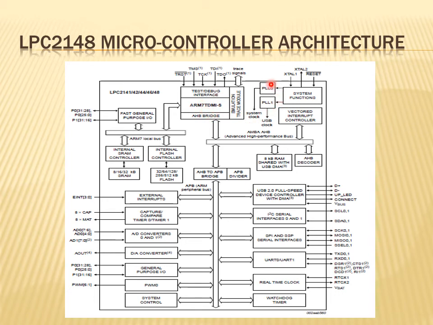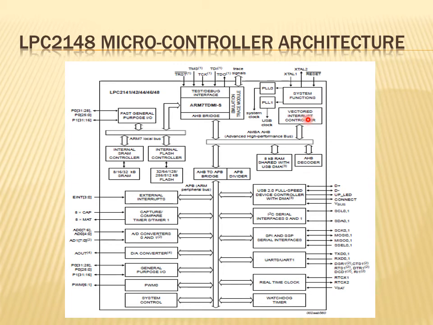There are two PLLs available, PLL0 and PLL1. PLL0 is generating a clock for the entire system, and PLL1 is generating a separate special clock at a certain fixed frequency specially for the USB communication. PLL0 is generating the clock for the entire system operation. Again, here crystals are there, and reset is there.